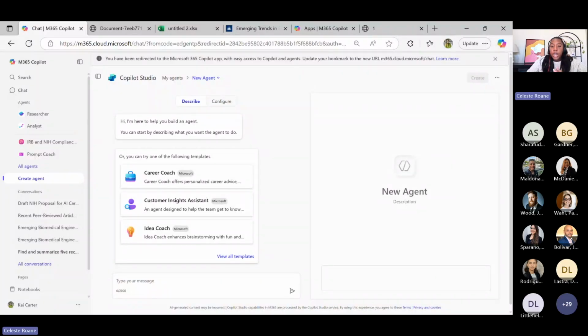So this lets you create custom agents tailored to specific roles or scenarios. And you can think of Copilot Chat as your general purpose assistant, but if you need something more specific or more customized for your recurring needs, then it might make sense to create an agent. Now you can do this with plain language. It's going to work very similar to the way that Copilot Chat works, but the main difference is that you can focus where the